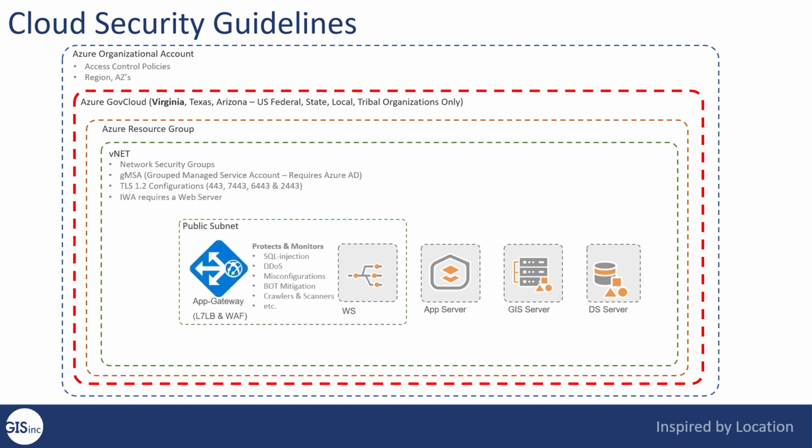Now, what we found through our deployment processes over the years is that, and again, all cloud providers provide this process, but for Azure, they provide this thing called an app gateway, which brings together two very important services. It's what they call a level 7 load balancer and a web application firewall, which together allows me to put